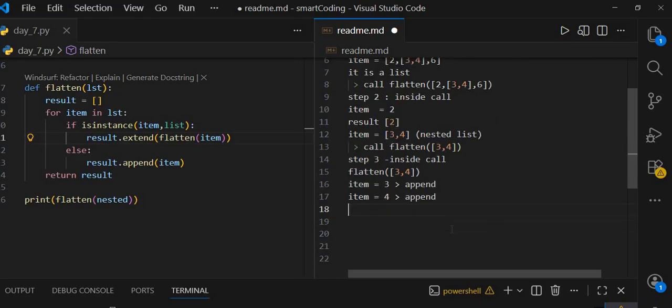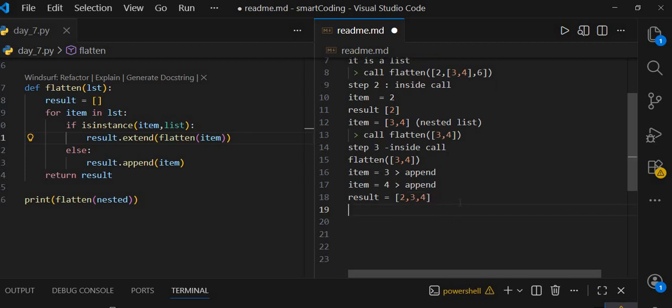So now here the result will change to 2 3 4, and the next item in step 2 is 6. So append will become 2 3 4 6,